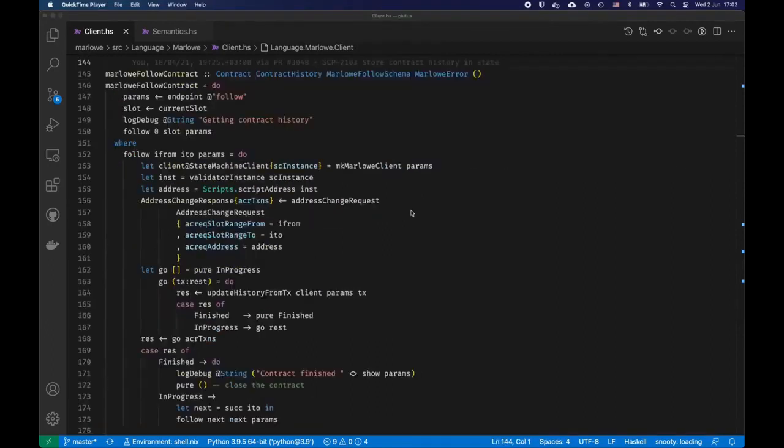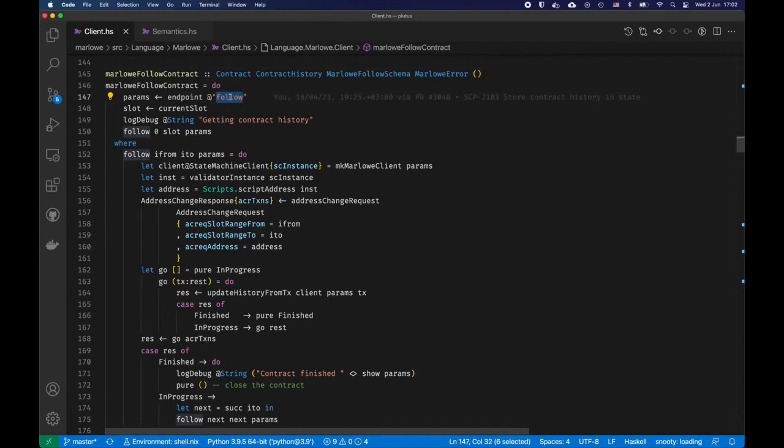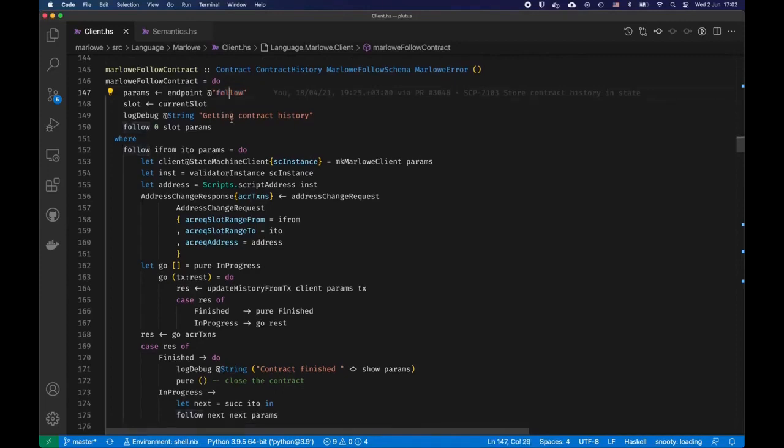For off-chain execution, we provide three Marlowe PAB contracts: Marlowe follower contract, Marlowe control contract, and Marlowe companion contract. Let's go through all of those. Let's start with Marlowe follower contract. It's a very simple one. It contains only one endpoint called follow, and it